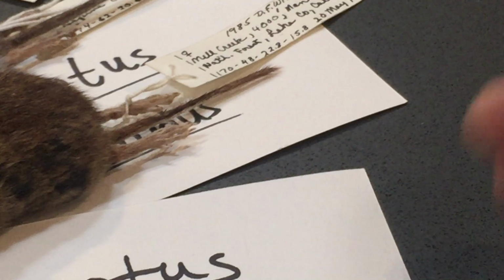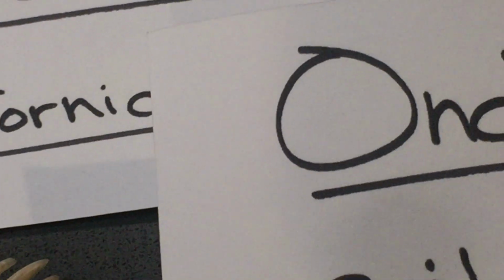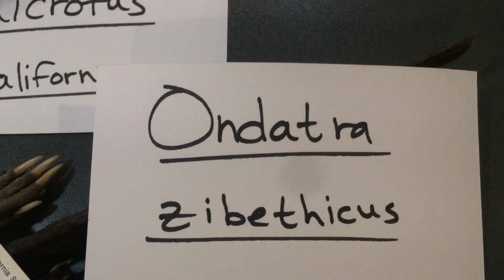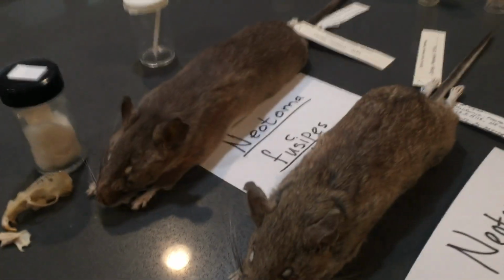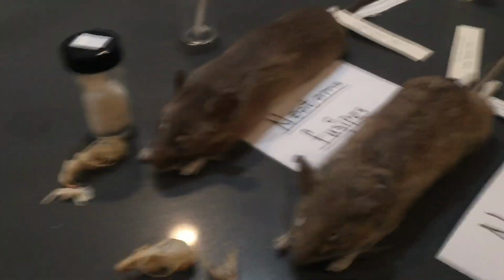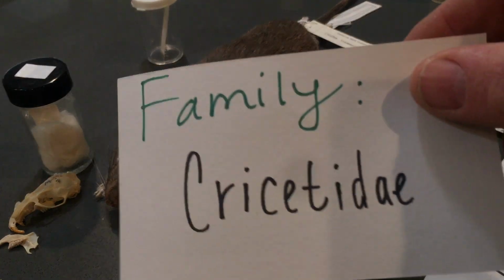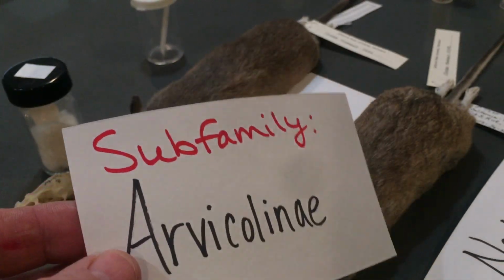And again, the species is, let me zoom out here if I can, okay, so here you see the species name, Ondatra zibethicus. So that's the third member of the Arvicolinae, the Arvicolini subfamily of the Cricetidae. Remember we said there's the family Cricetidae and the subfamily Arvicolinae, and we looked at 3